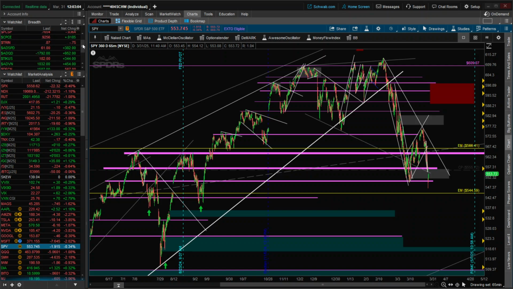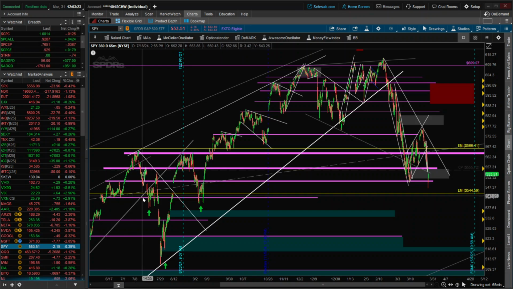The ADD was well off of its lows from Friday, so we really had this positive divergence with the advanced decline, and the breadth was just, you know, exceptionally well with the new low in. So we kind of knew that setup was there. That's why we put on the trade. So